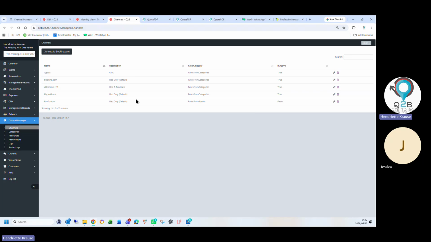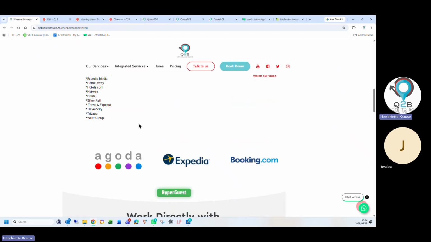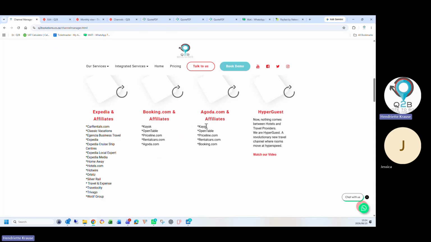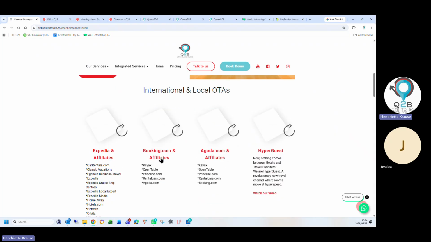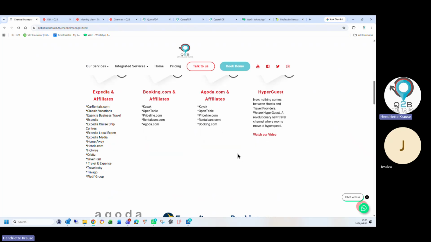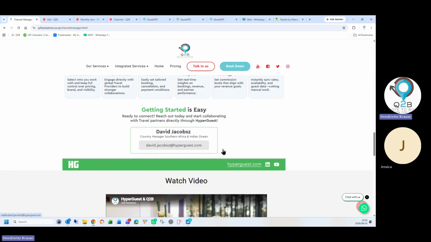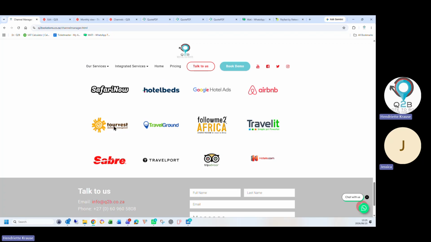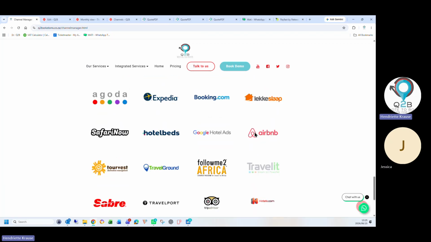HTI, not a lot of our customers use it because they're more focused only on these main OTAs. They don't worry about Lekker-Slaap. They get their bookings manually from them. They don't worry about, who's the other one? Tourwest. Yes. So if you don't want these ones, you don't go via HTI.